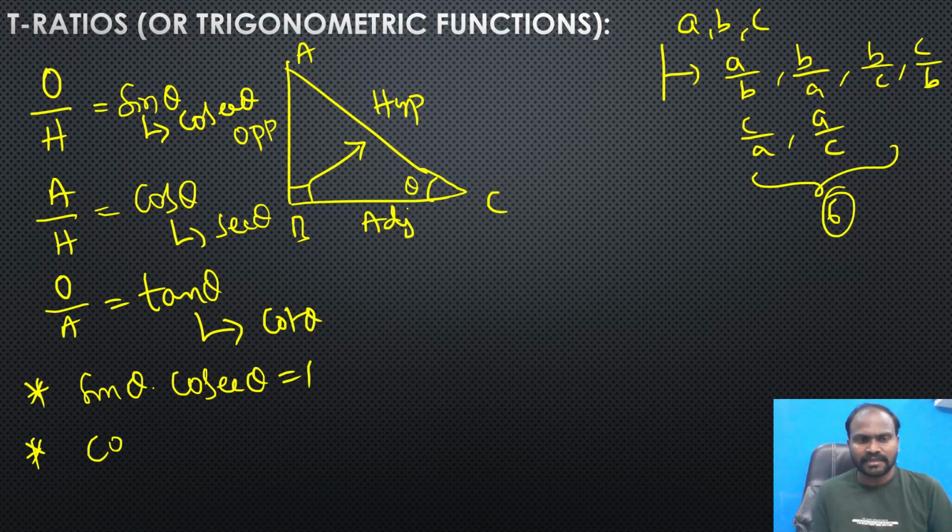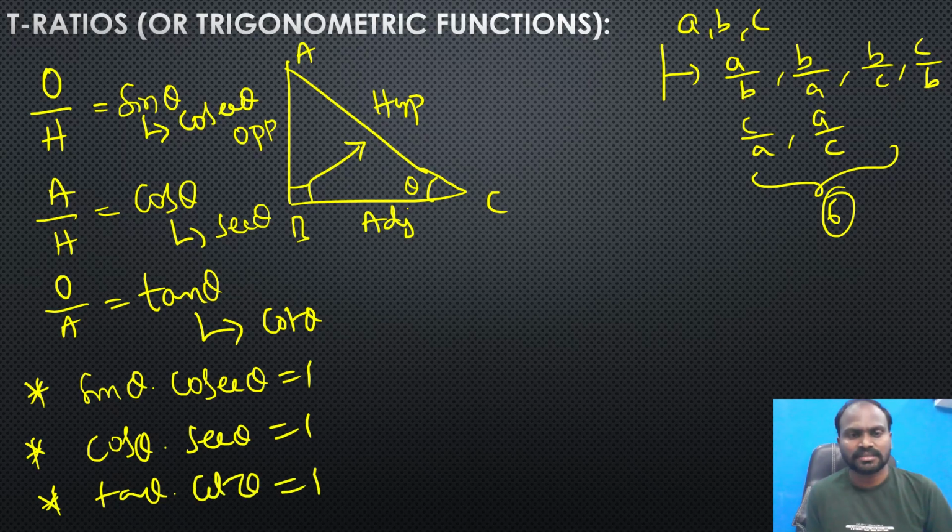Now similarly we can write cos theta into secant theta is also equal to 1. Then tan theta into cot theta is also equal to 1. These are the three important relations that we can remember. Right, students? Okay, this is about the trigonometric ratios. Next,